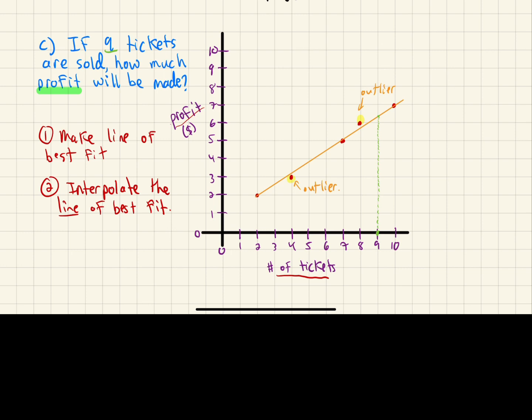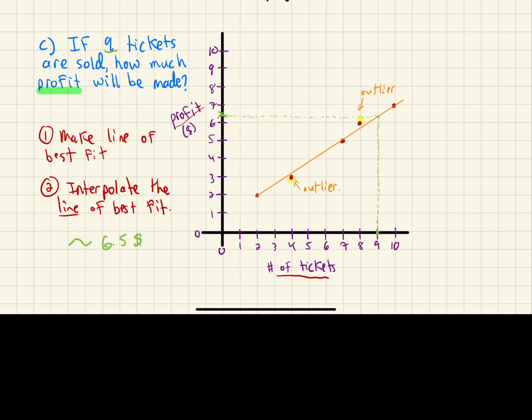And then from there, like we did in the previous 2 questions, we're going to make a horizontal line until it crosses the y-axis over here. And based on where it crosses the y-axis, that's how much profit will be made. And we can see that it's approximately about